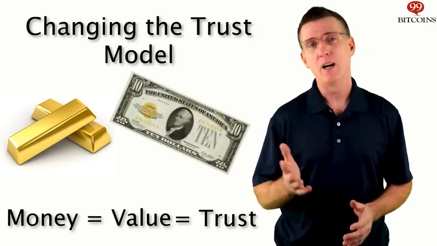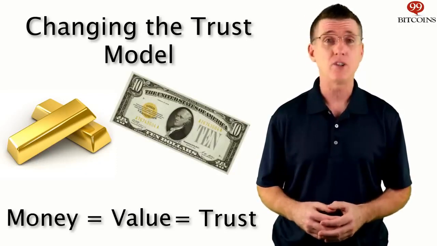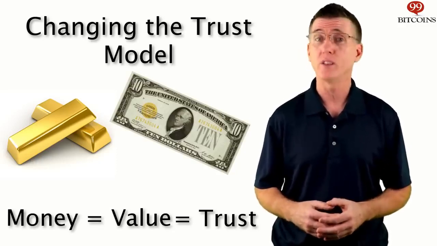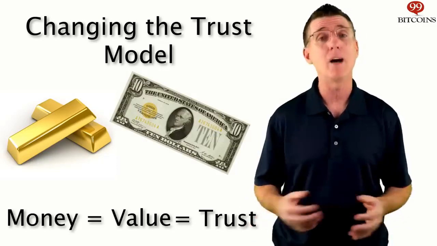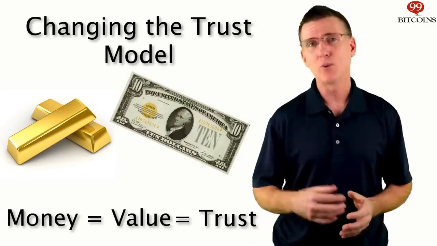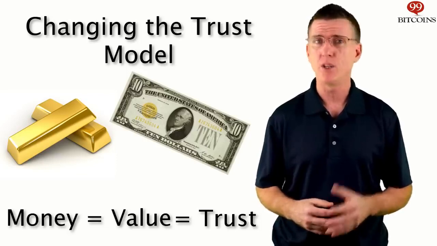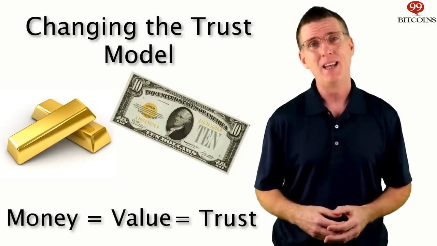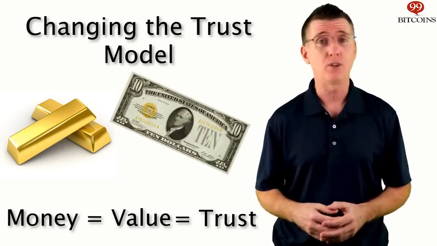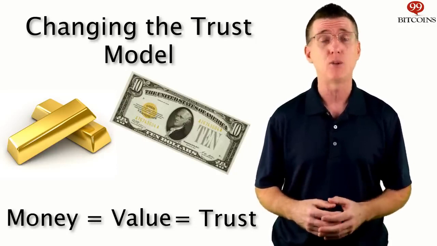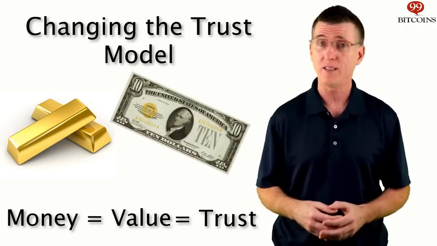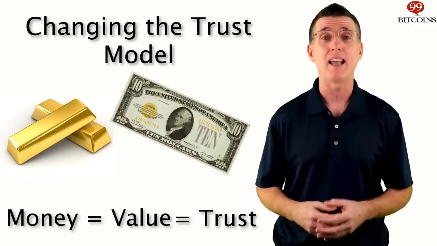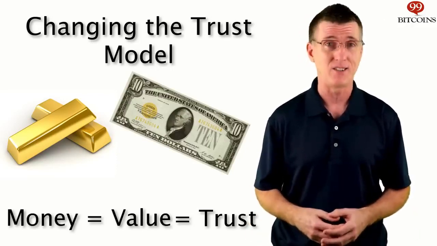Here's how it worked. A bank or government would offer to take possession of your bar of gold, let's say worth $1,000, and in return, that bank would give you receipt certificates, which we call bills, amounting to $1,000. Not only were these pieces of paper much easier to carry, but you could spend $1 on a cup of coffee and not have to cut your gold bar into 1,000 pieces. And if you wanted your gold back, you simply took $1,000 in bills back to the bank to redeem them for the actual form of money, in this case, that gold bar, whenever you needed. And so, paper began its use as money as an instrument of practicality and convenience.